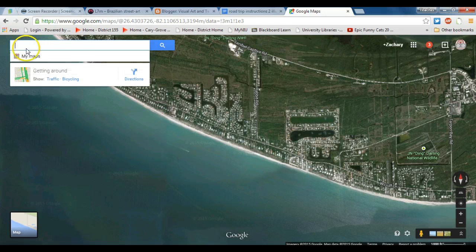I'm going to go ahead and click in the name of a place where I'd want to go. I just so happen to click in Sanibel Island, Florida. Very pretty beaches. So I'm thinking warm weather and palm trees. So here's the beach, and what I'm going to do is switch this over from map view